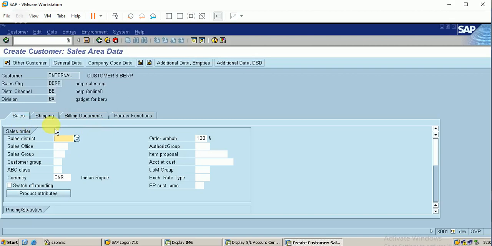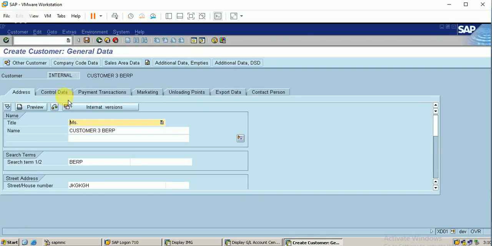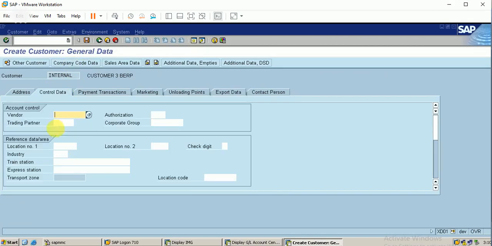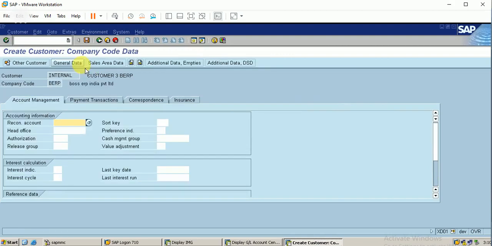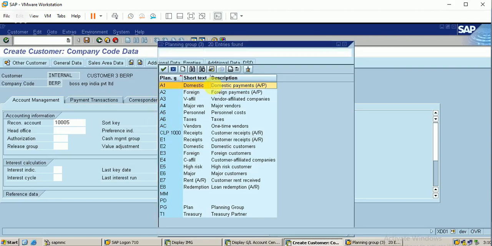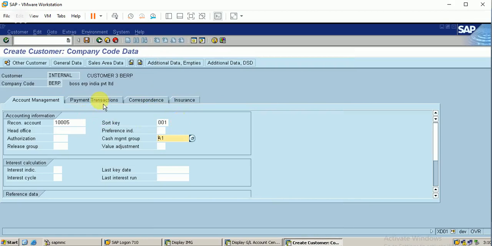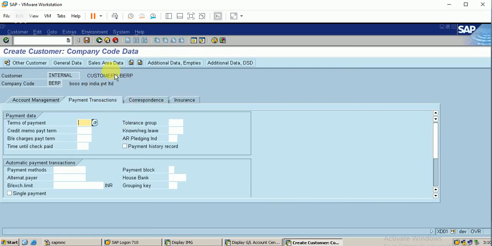You can now see that there are 4 tabs available here. So let me configure every data. So friends, I have shown you all the errors too. Okay, I will just enter the reconciliation account. So kindly analyze. I think this video will give you a clear understanding of the concepts.